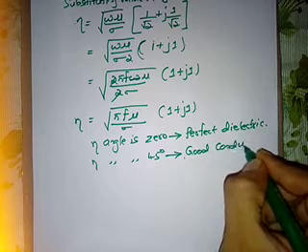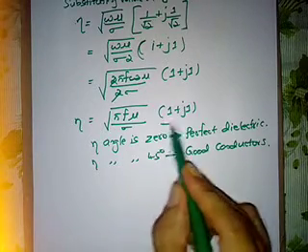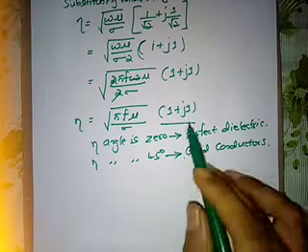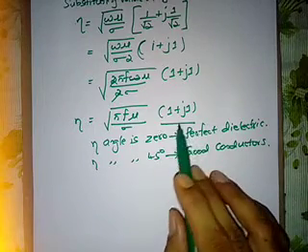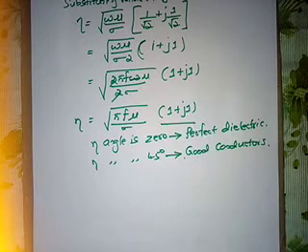For the perfect dielectrics, the equation for eta is equal to the square root of j omega mu divided by sigma plus j omega epsilon. That is the original equation we have written, for the perfect dielectric. The angle is 0 degrees, whereas for a good conductor, this is the equation which gives us the angle. If you convert 1 plus j from Cartesian to polar, as I have shown in the previous classes, the angle will be 45 degrees.